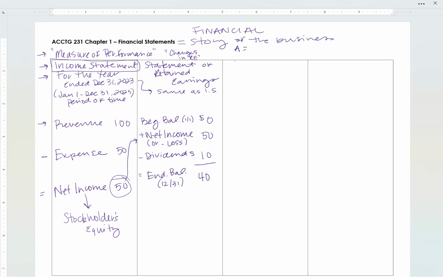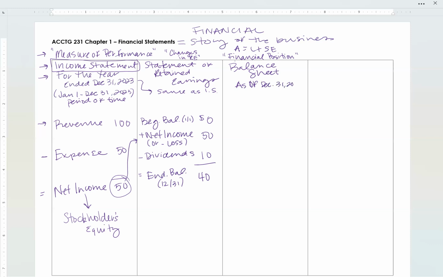Now our next statement is very important. This is our assets equals liabilities plus owners or stockholders' equity. Okay, and since we've been using stockholders' equity, I'm going to put SE in there. This is the financial position of the company. So the financial position of the company is the balance sheet. Now, this one is a little bit different than the previous two. This shows a point in time. So for us, this is going to be as of